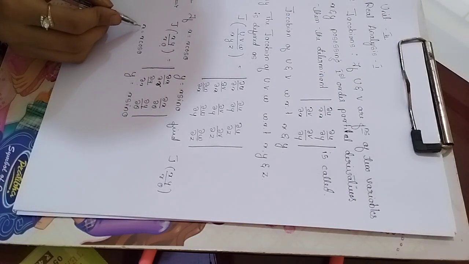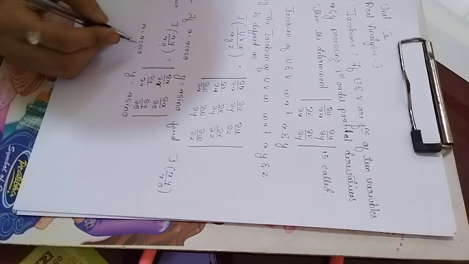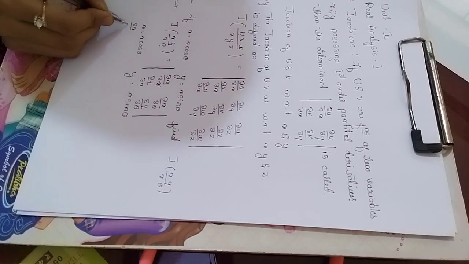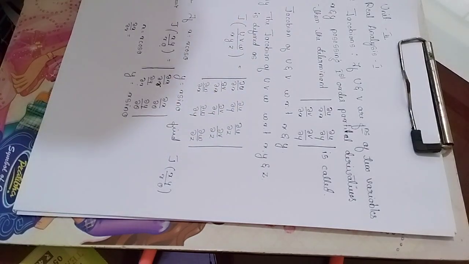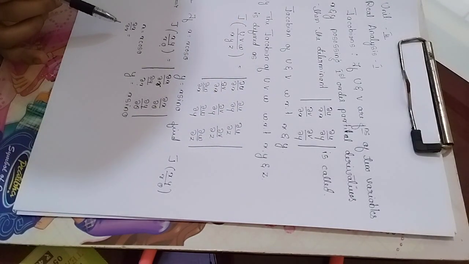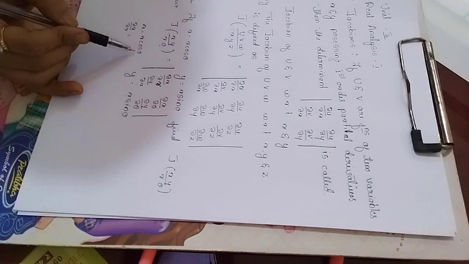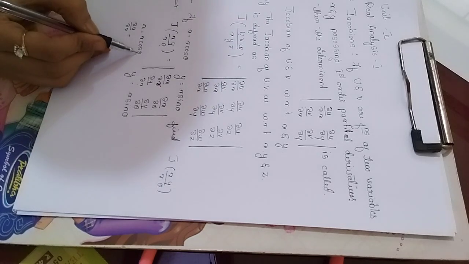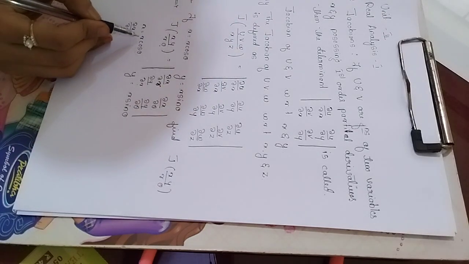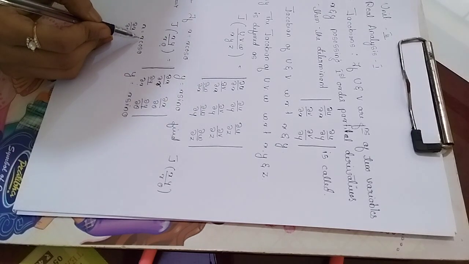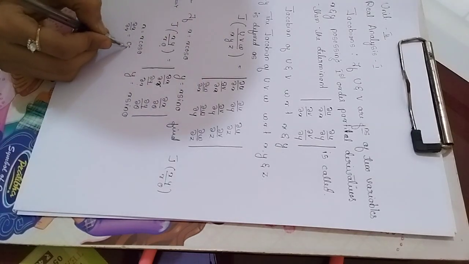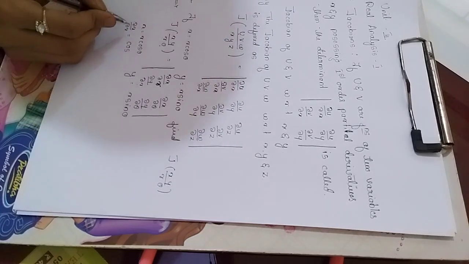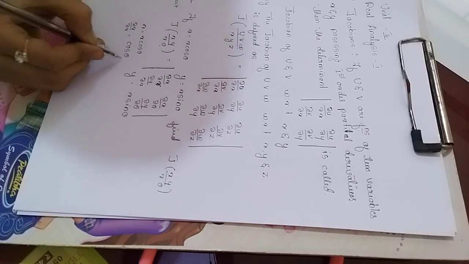Differentiate the function x partially with respect to r. Then dou x by dou r can be written as follows: differentiating partially with respect to r means we treat theta as a constant. So keep the term cos theta as it is because it is a constant, and differentiate r with respect to r, which is 1. So dou x upon dou r is cos theta.